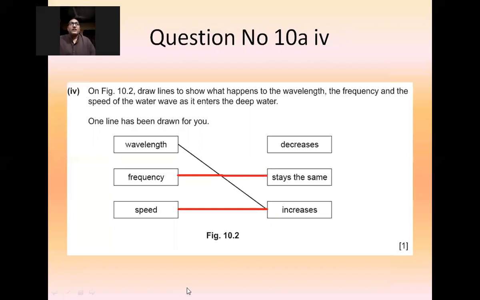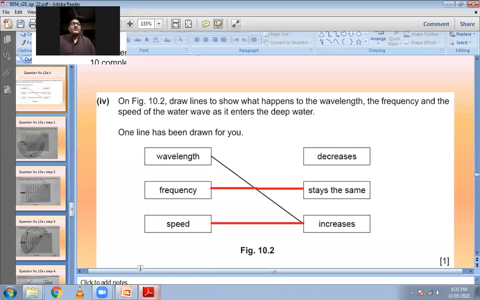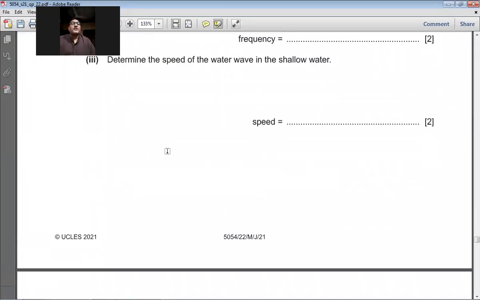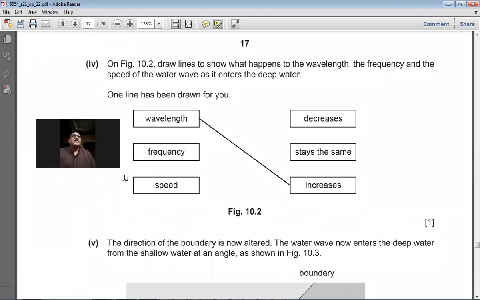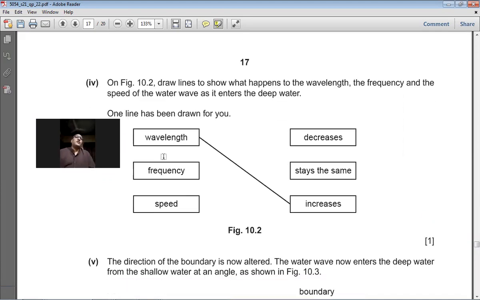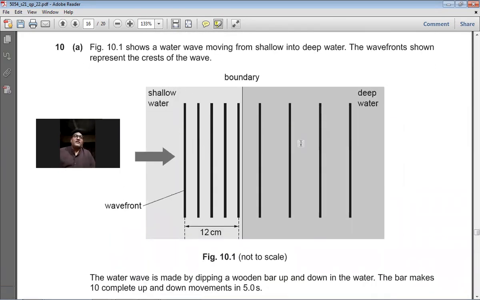Okay. So the next question coming up on your screen, let me show you from the paper first of all. Okay, so we are done with this. The next question says that on figure 10.2, draw lines to show what happens to the wavelength, the frequency, and the speed of the water wave as it enters the deep water. He's talking about this diagram, when the water waves enter into the deep